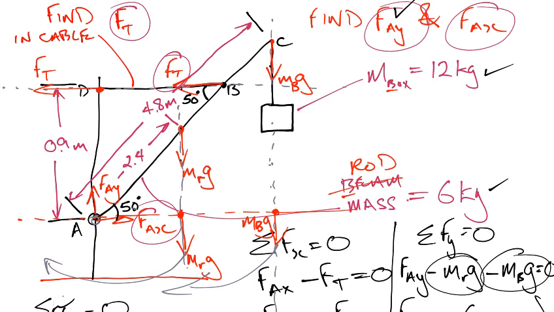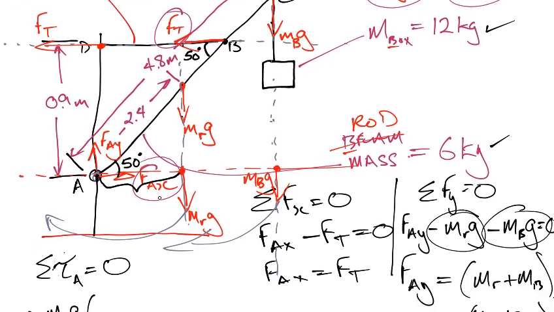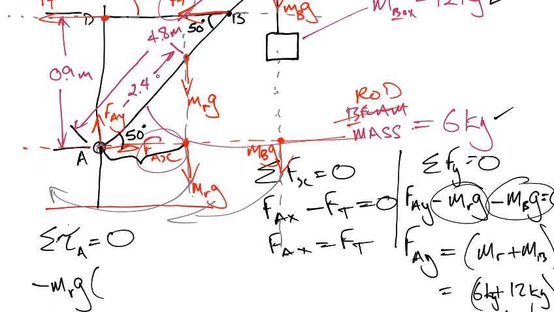And if that angle and this angle are both 50 degrees, then how do I get this distance from here to here? Well, that distance is simply 2.4 cosine 50. So let's put that in. 2.4 cosine 50